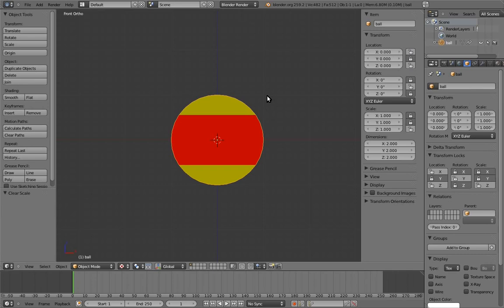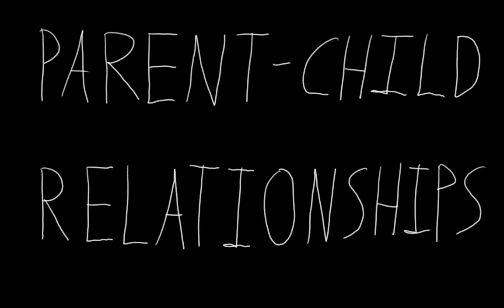As with many rigging problems, there are actually multiple ways to do this, but I'm going to focus on one in particular, because it also gives me a great opportunity to introduce one of the most basic rigging tools in 3D graphics: parent-child relationships. Right off the bat, when we hear the words parent and child, we think of two